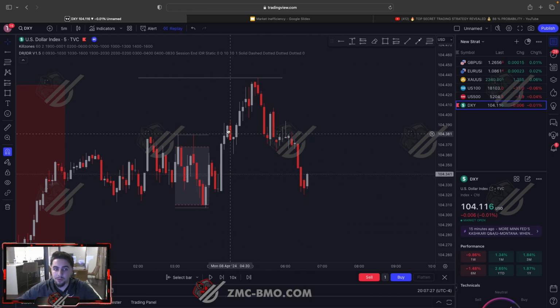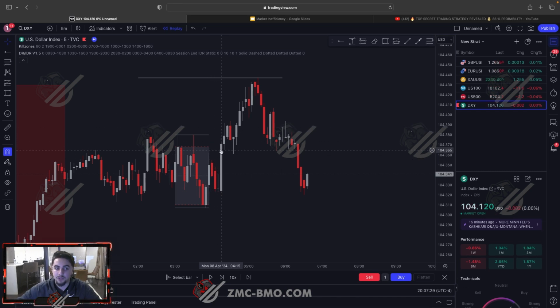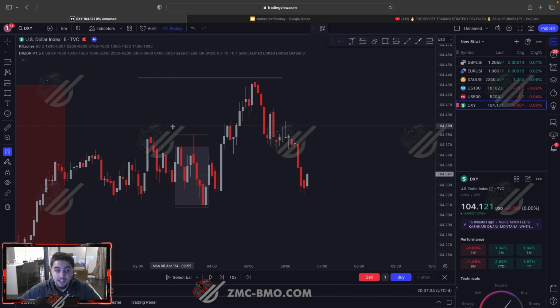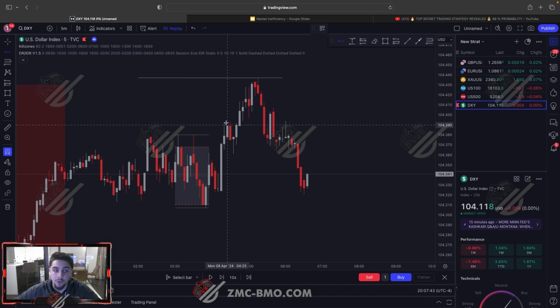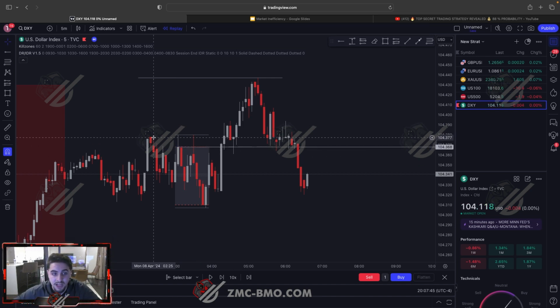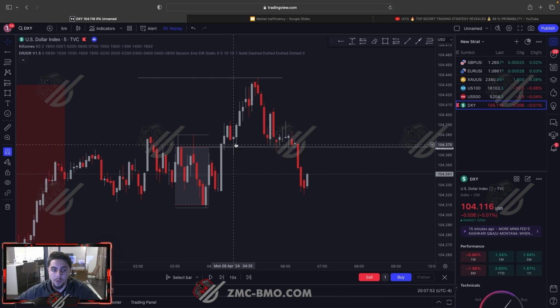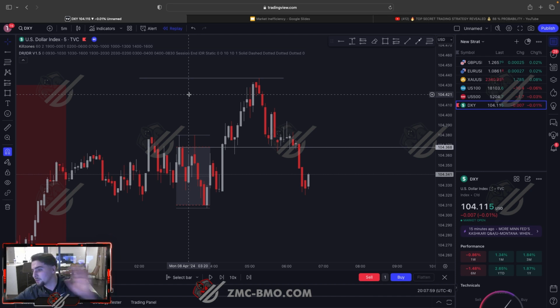Okay, so there are multiple points you could have looked to capitalize on. For example, when price closed bullish and it pulled back, the significance of these areas, the DR and the IDR, is very important as they can be a reference point for price to actually react from. So when we get that pullback and price is rejecting from the IDR level, and you can see that strong rejection candle, this is something that you can look to execute. Okay, so when price is actually rejecting from the internal defining range, this is something that you can look to execute from,